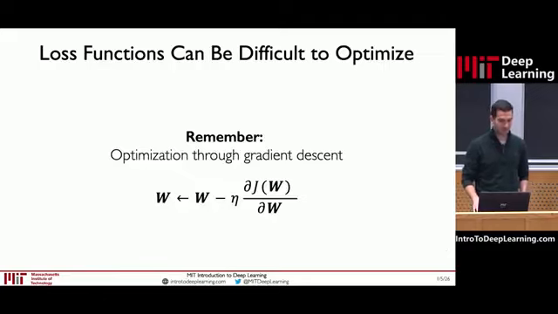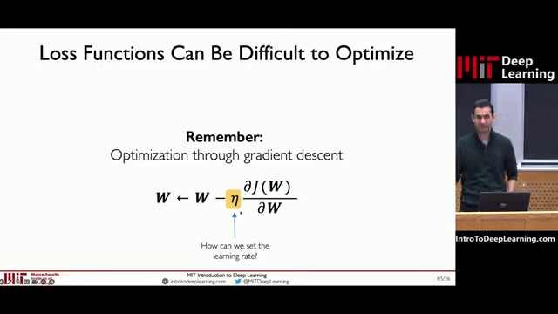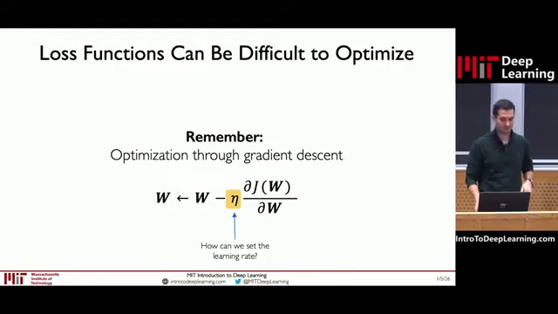Now, recall the update equation that we defined during gradient descent, and remember this parameter that we also didn't talk so much about, right? I said we take a small step in the opposite direction of the gradient. What I didn't mention is, how big is this step? This step here is referred to as eta, right? This small symbol here. This is called the learning rate. This is the rate at which you follow the gradient.